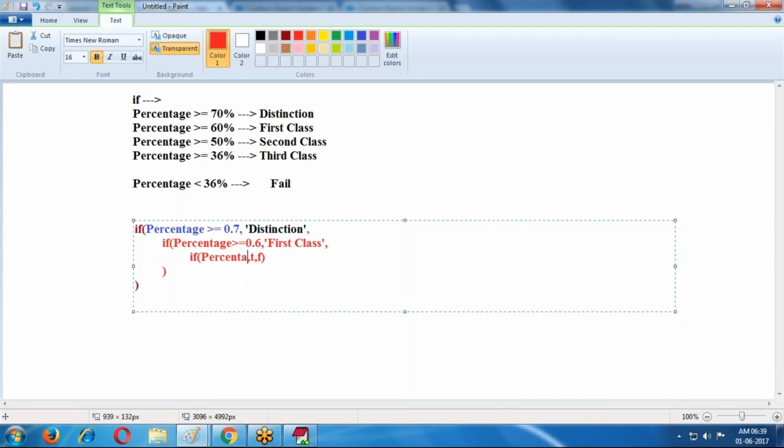Percentage is greater than or equal to 50, that means 0.5. Then the output is second class. If it is a fail, then once again I am writing an if condition.